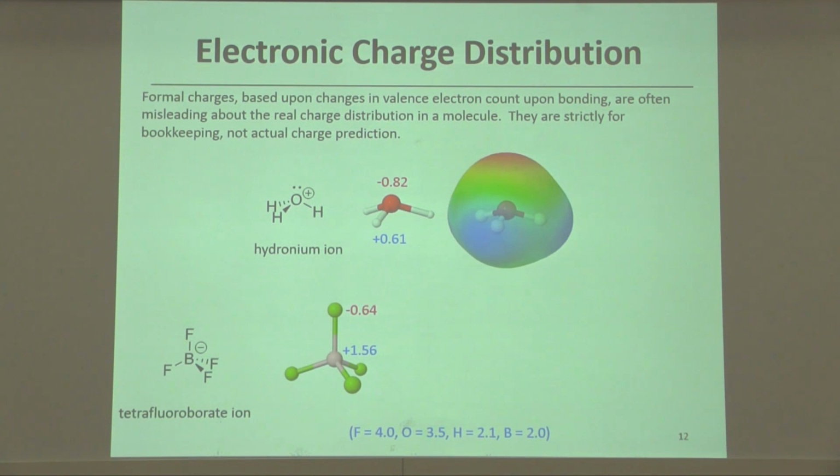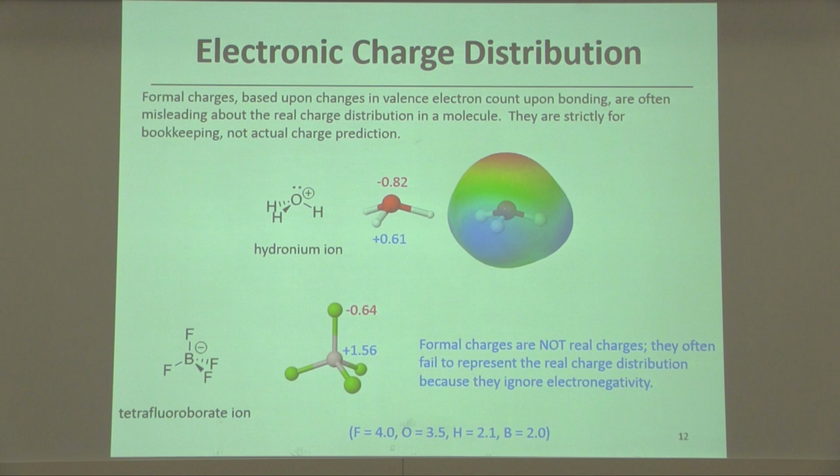And this makes really good sense when we think about electronegativities. It doesn't make as much obvious sense when looking at formal charges. Oxygen has an electronegativity of 3.5. Hydrogen has an electronegativity of 2.1. Of course, oxygen is going to pull electron density towards itself. Likewise, fluorine has an electronegativity on the Pauling scale of 4. Boron has an electronegativity of about 2.0. Of course, fluorine will be able to pull electron density toward itself, resulting in a negatively charged fluorine atom and a positively charged boron atom. And like with hydronium, this helps explain the reactivity of BF4 minus, which can be a fluoride source or an F minus donor. And the most important thing to take away from this slide is this final conclusion statement over here,